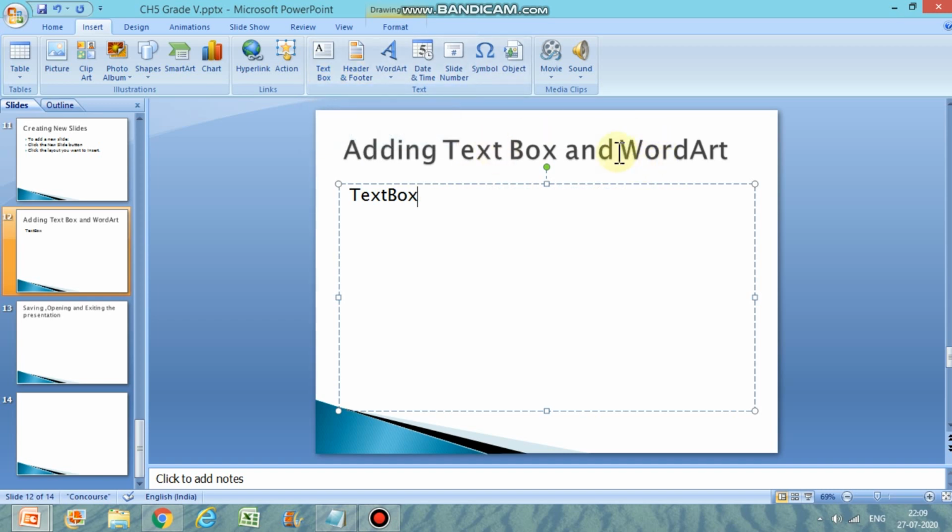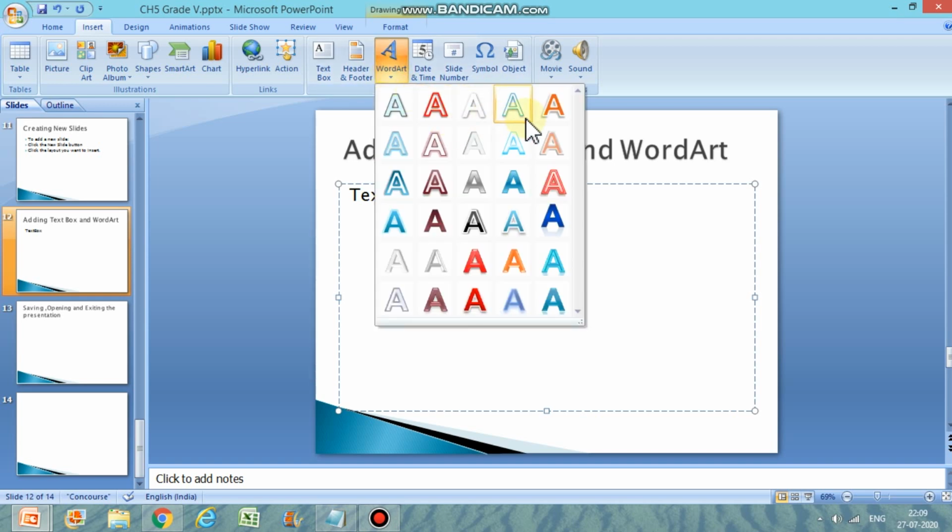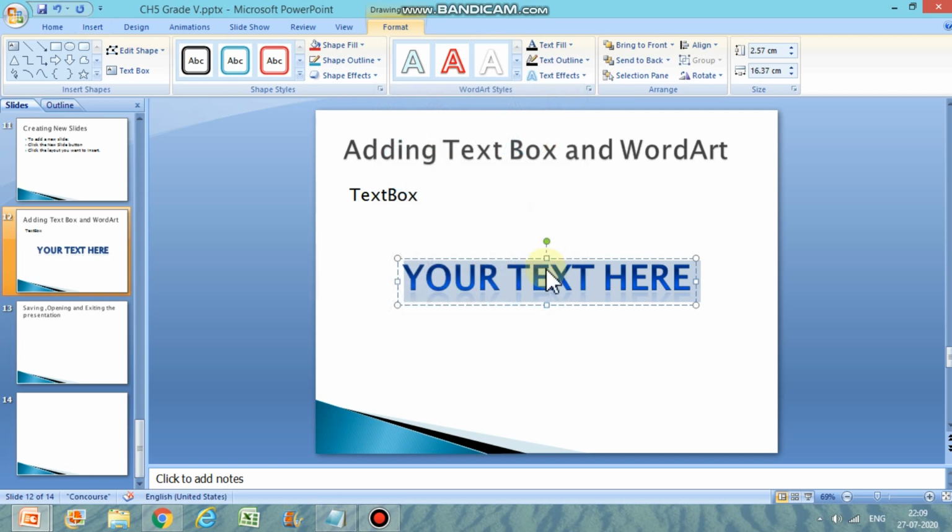Now word art. Again, word art you will find in the Insert tab. I am already in the Insert tab. Go to word art. Choose any of these styles. Suppose I choose this style. Whatever you write here will come in that particular style which you choose. So I am writing word art here.